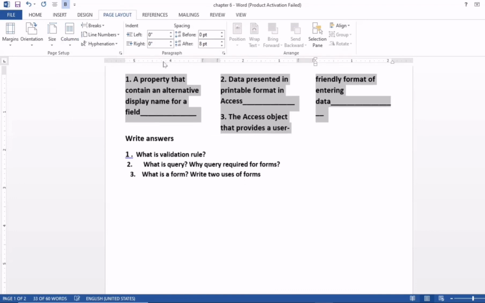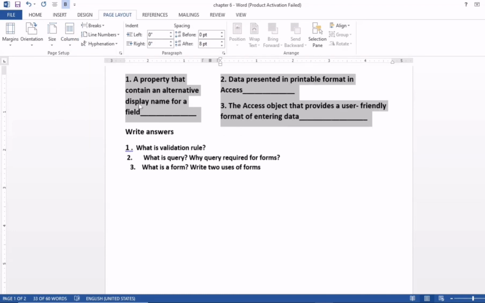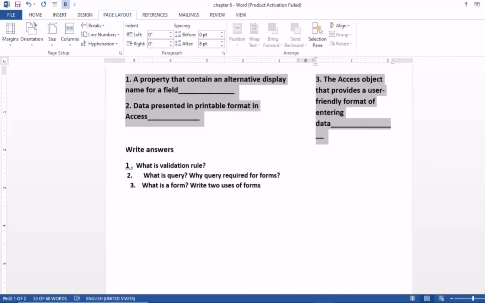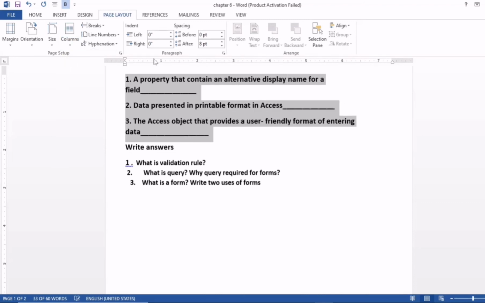And again, if I select 3, you can see this splits into 3 columns. And if I select left or right, this will go on the left side, and this will go on the right side. And again if I select one column, this becomes one column. Okay, in this way you can insert columns to your page.